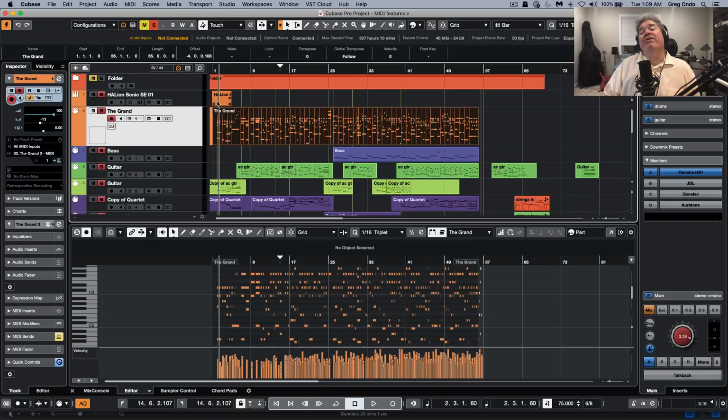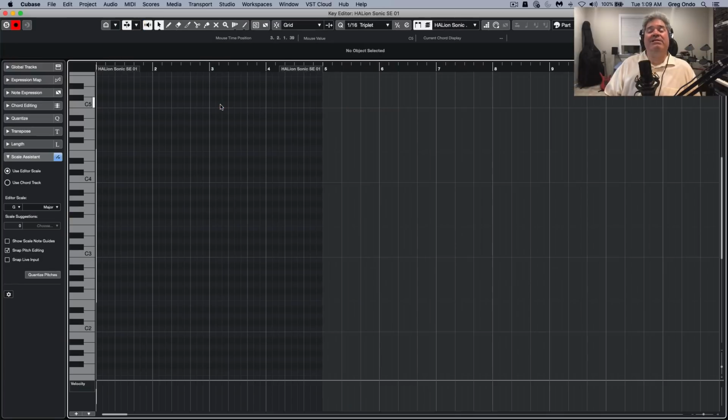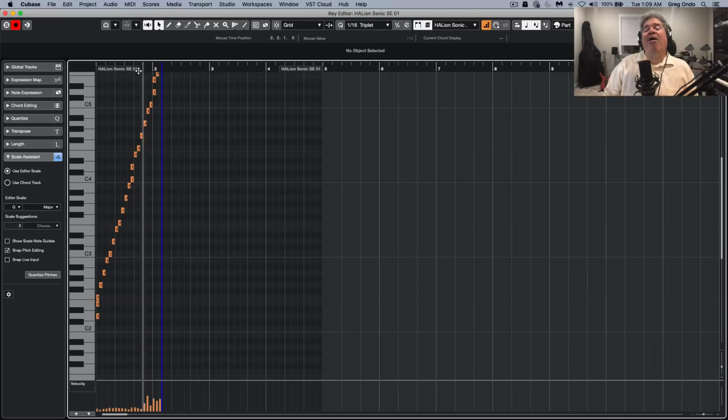So I'll go to a harp part here, and we'll just double click, and I'm just going to put this into step entry mode. I'll set my rhythmic value to 16th note triplets, and I will just hit some notes. I'll just sweep my controller. And now, as I've entered those notes in, they're going to automatically be in the correct scale, and all the notes will work musically. So we'll take a quick listen to our harp glissando